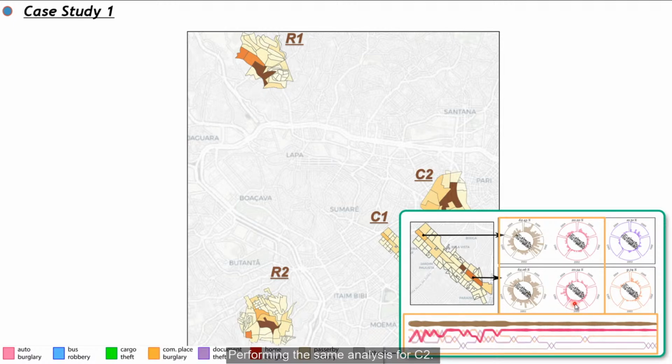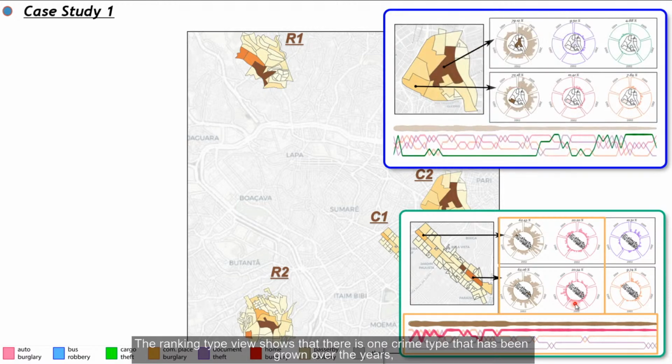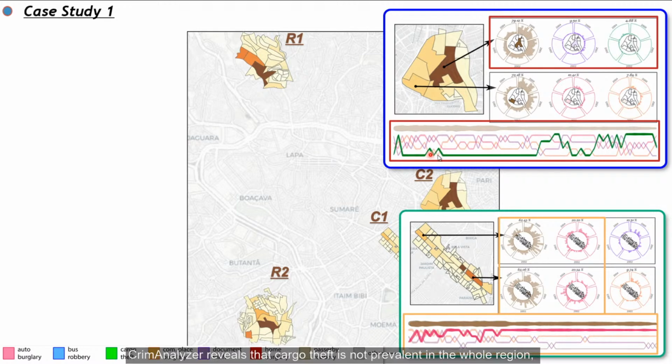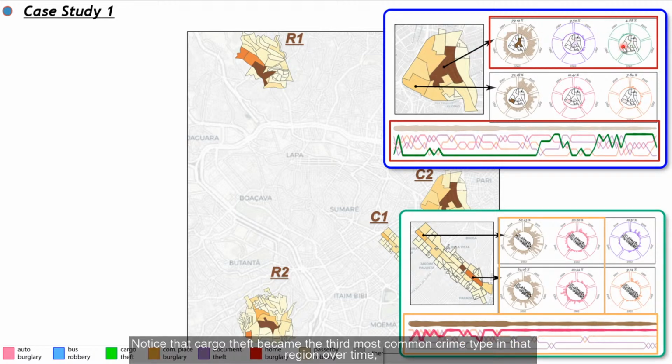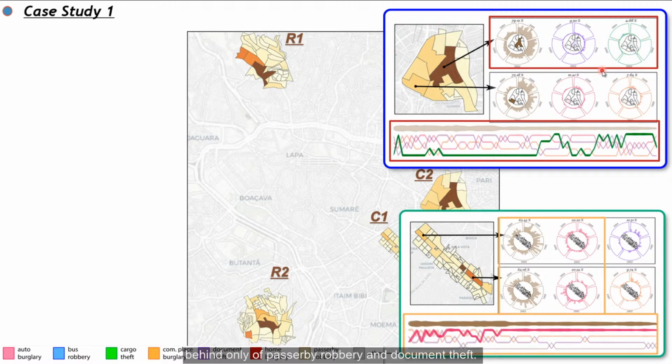Performing the same analysis for C2, the ranking type view shows that there is one crime type that has grown over the years, the green curve, cargo theft. Crime Analyzer reveals that cargo theft is not prevalent in the whole region, but it is concentrated in just a few sites, being the dark brown site in the center of the region. Notice that cargo theft became the 3rd most common crime type in that region over time, behind only passerby